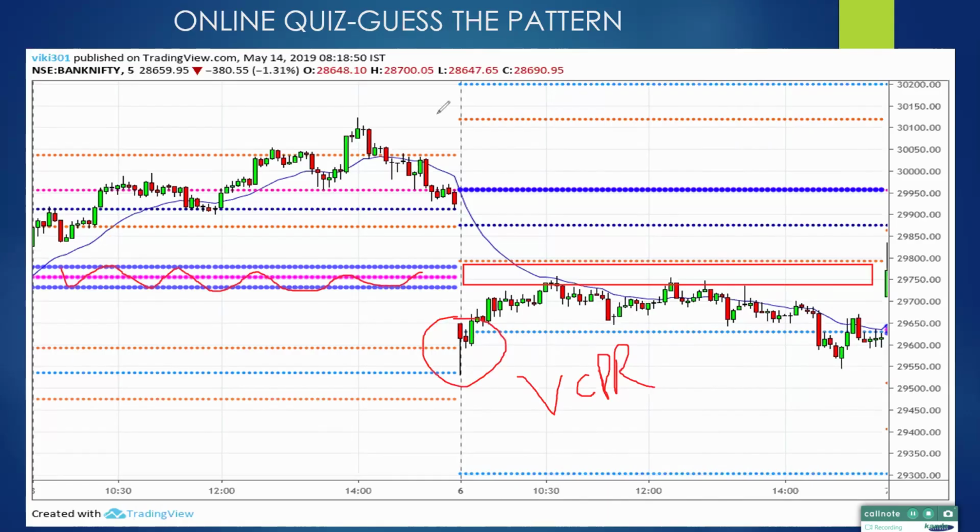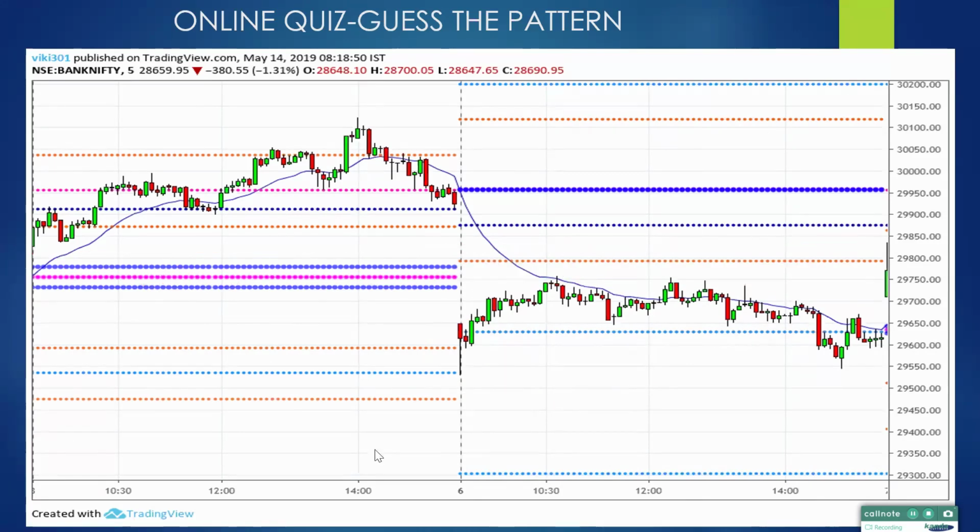Where is the gap? If market has to fill the gap, here is the gap, right? This is the gap of previous day. Market went to fill the gap but could not fill it because there is a Virgin CPR in this range, and market reversed from there, right? So you can start shorting here once market approaches previous day Virgin CPR and take the trades at the next pivot. So right guess, whoever said Virgin CPR is right, not really gap down rejection,